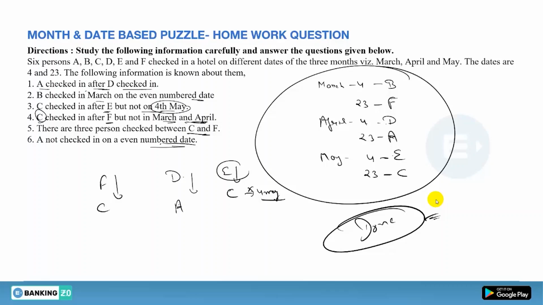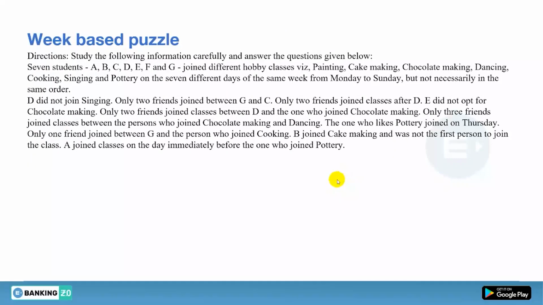Clear? So now moving on to the question that we are doing today, the week based puzzle. There you have the question based on a week based puzzle, and I am giving you exactly 3 minutes to solve the question. So the timer starts now. Just solve it fast and answer me in the comment section box. You have to give me the formation of the puzzle, with the person starting from Monday and ending on Sunday. So just do it fast.